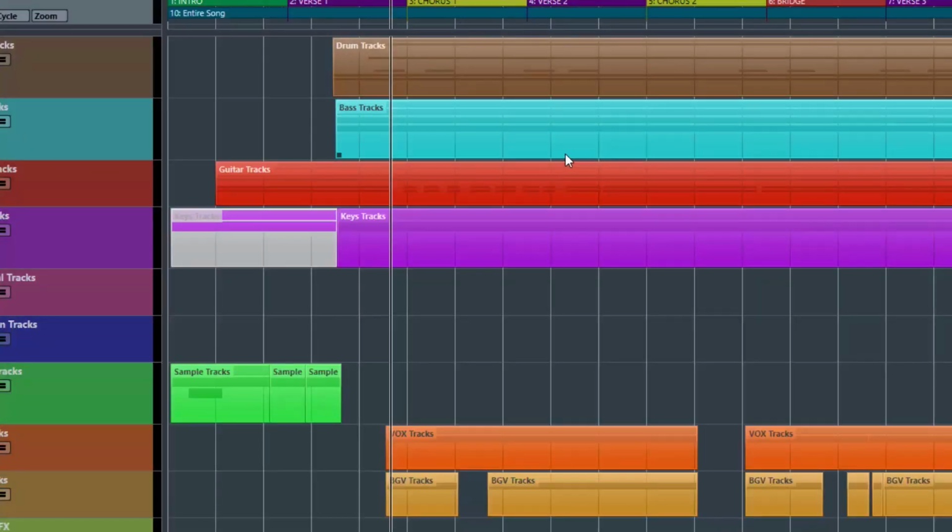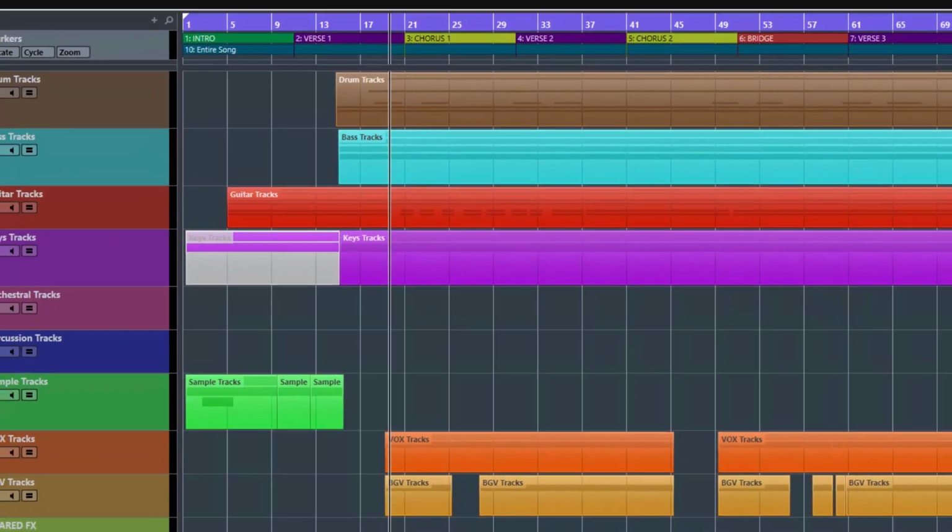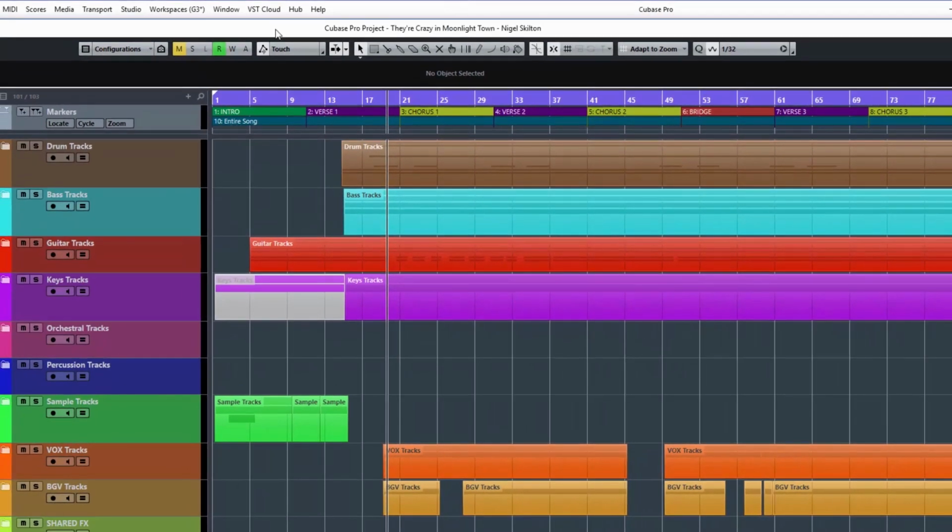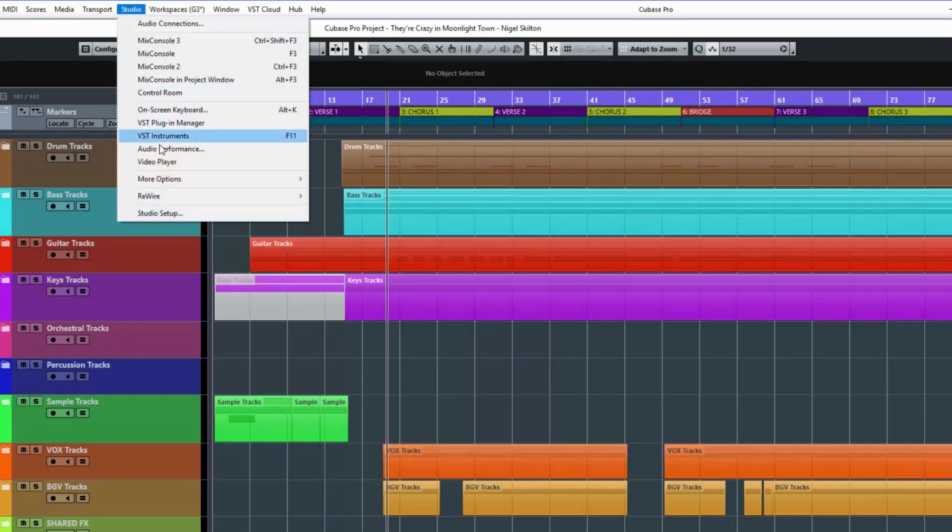When you install plugins, install them with your software closed, because generally what happens is when you install a new plugin and fire up the software, your DAW like Cubase, it will scan the folder where your plugins are and pick up any new ones and add them to its database, ready for you to use. If I was to install a plugin now with this open, I would not find it in the software here